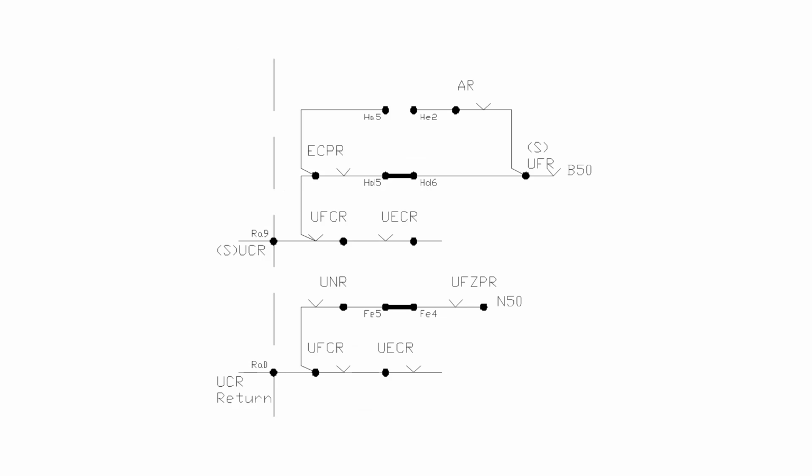The SUFR is also not energized because we haven't set a shunt route, so the SUCR line will have no feed. But let's move our attention to the bottom and the UCR return. The N50 is fed over the UFZPR, a relay that proves that one and only one UFR is energized. It also feeds over the UNR, the route normal relay, saying that the set is in use for the normal